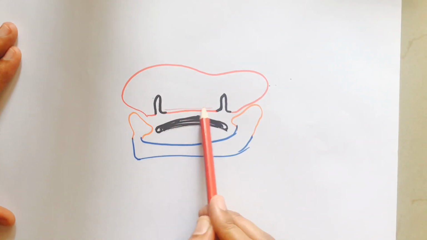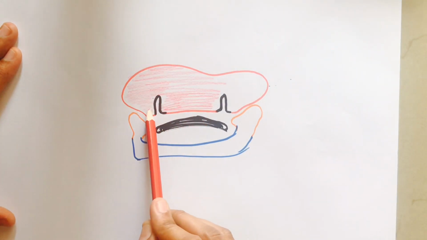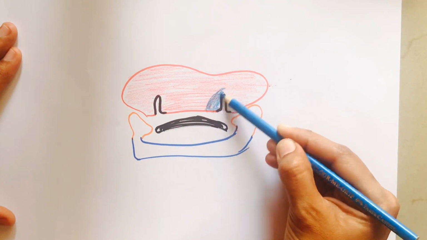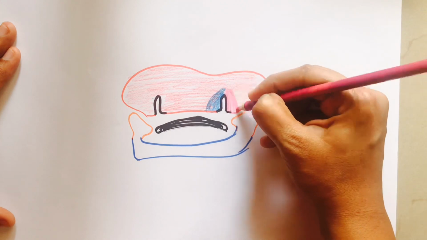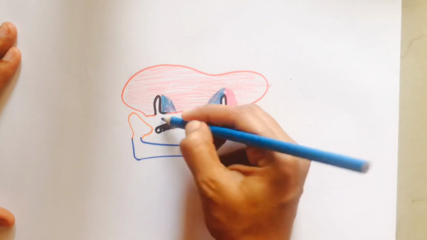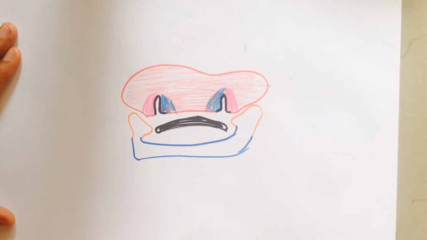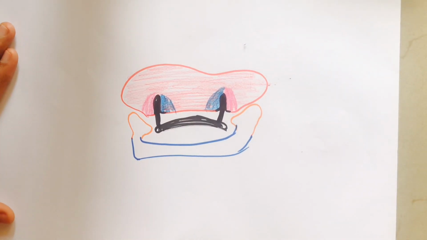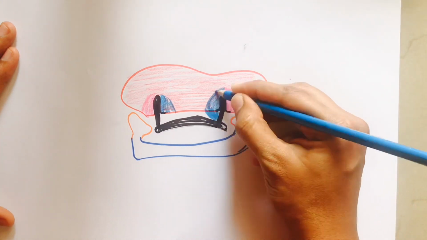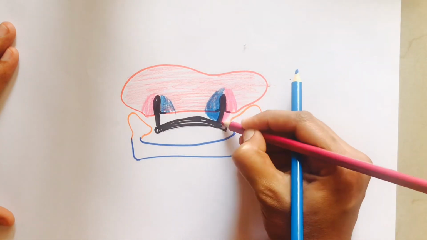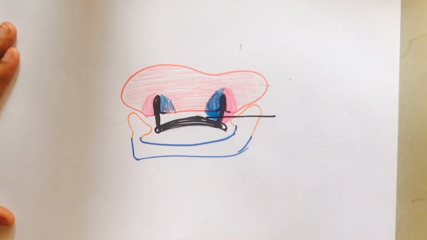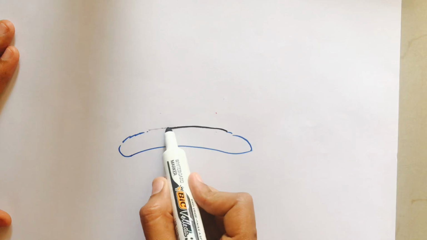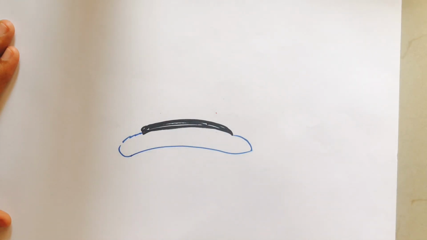The edges of each pit are raised above the surface into the frontonasal process to divide them into the medial nasal process and lateral nasal process. And the pits are continuous with the stomodeum below. When the medial nasal process and lateral nasal process fuse with each other, the nasal pit gets cut off from the stomodeum. So the mandibular process fuses to form the lower jaw,